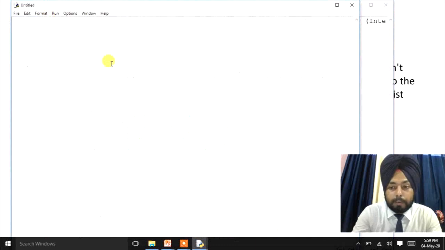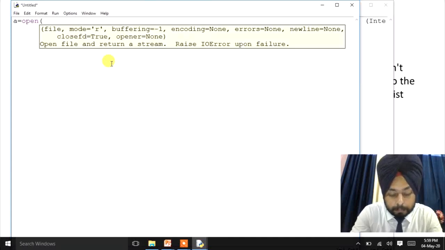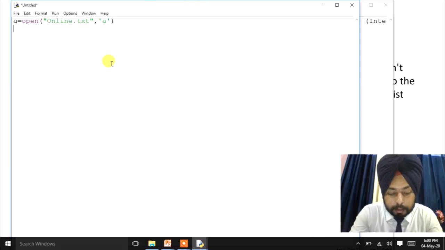Here I'll type the program. a equals to open, and the name of the file is online.txt, and we'll open that file in append mode, means a. Then a dot write.